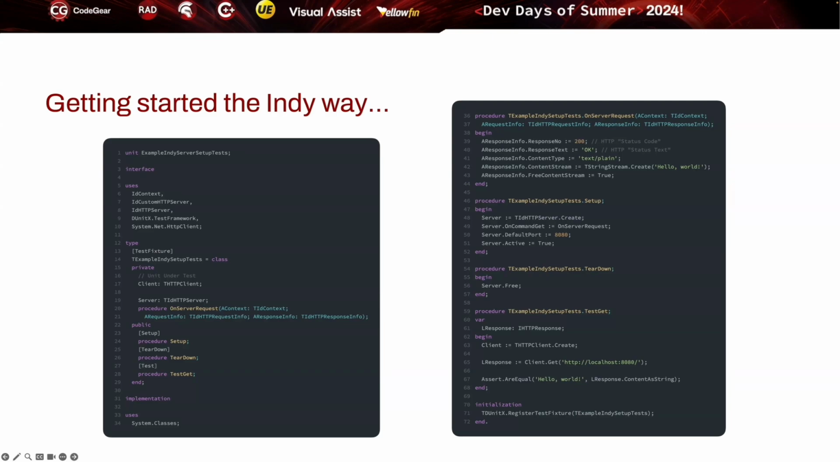I should point out that ResponseNo isn't really an HTTP spec kind of term. That should really be status code, and again ResponseText should really be status text, as defined in the HTTP spec. And then we're specifying a content type of text/plain with a string stream which has the plain text in it,